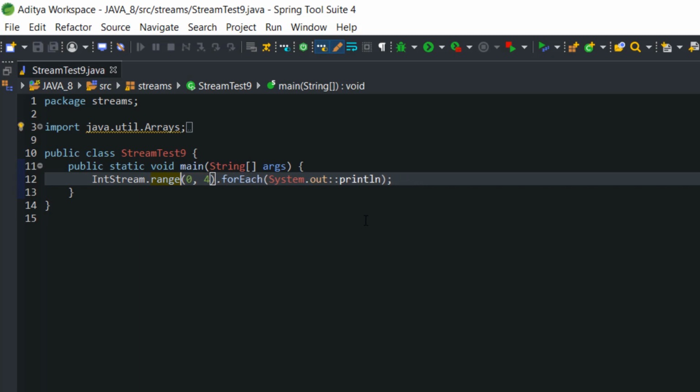Range method. Now I've written start value as 0 and end value as 4. What I've told you is that in the range method it will iterate from the start value to end value minus 1. So the start value is 0, so it will iterate from 0, and the end value 4 minus 1 is 3. So it is going to iterate from 0 to 3.